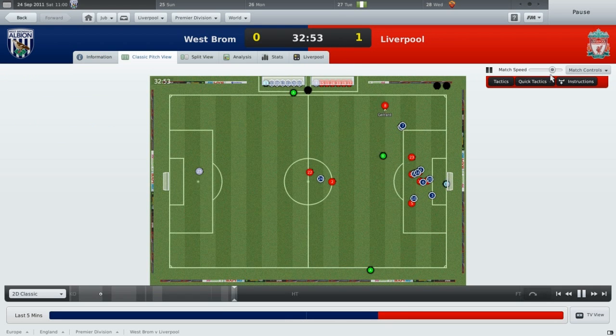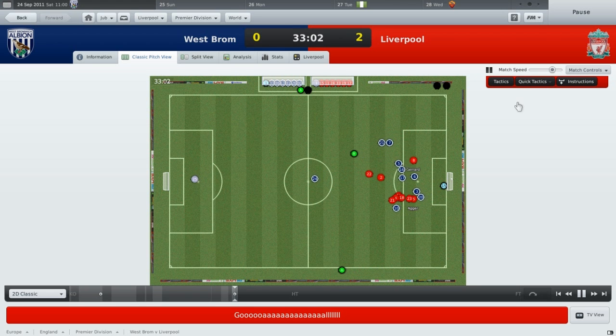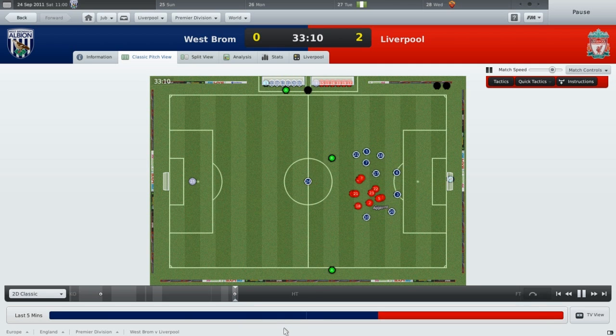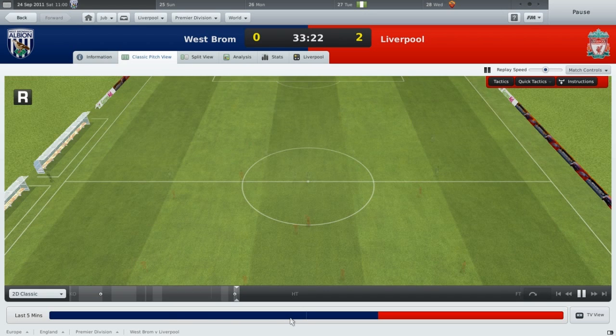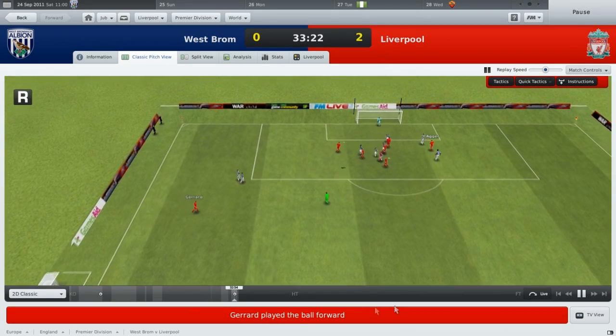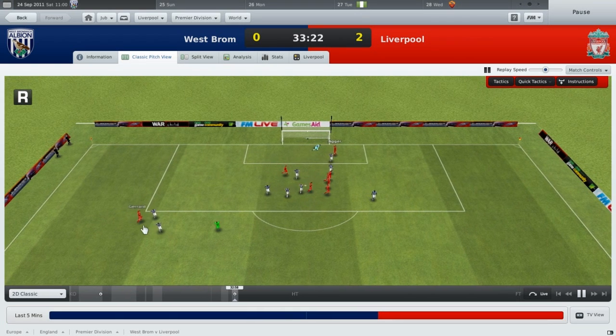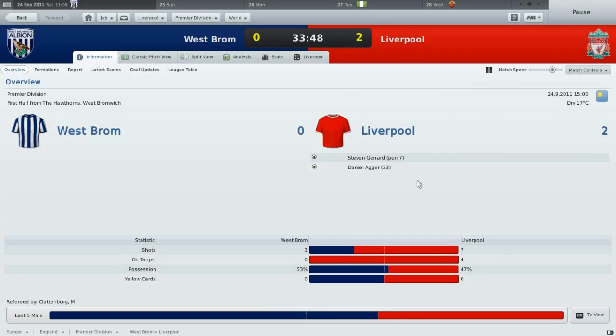And look, there we go, finally. Got a little concern. Agger's at the back post and knocks it in, and the commentator goes completely apeshit. And as you can see, the last 5 minutes, West Brom have absolutely dominated us, and I think this is a case in point about don't ever get too concerned if that's ever happening to you, because this can happen. If you've got someone like Steven Gerrard or Daniel Agger who is good in a set piece situation,